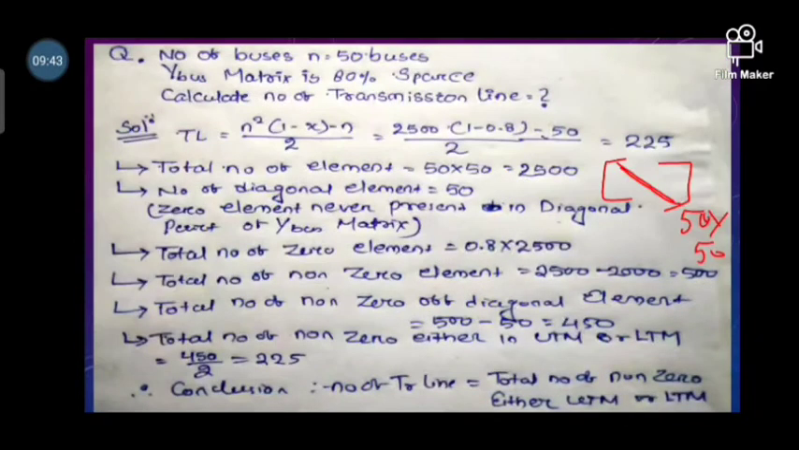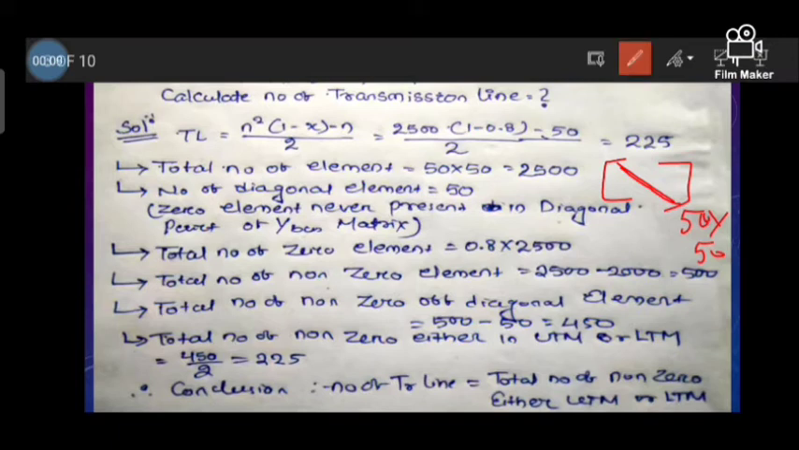So let's see the total number of zero elements. How will it form? Sparse means empty elements, and empty elements mean zero elements. So what amount of zero elements is present? 0.8. So 0.8 multiplied by the total number of elements gives the number of zero elements. The total number is equal to 0.8 times 2500, that is equal to what,